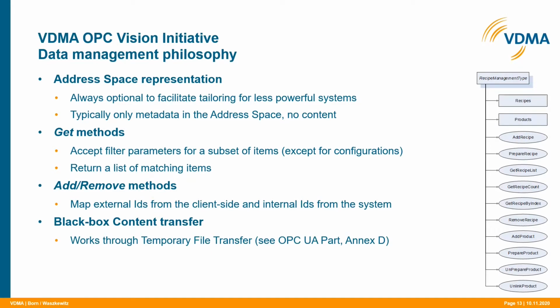So we can generalize our approach to the management of the various kinds of data in machine vision systems, and again we believe that this is quite a generic concept. First of all, data management is typically optional, to account for systems which do not have the capabilities or the necessity for this flexibility. Second, typically only metadata is standardized for representation in the address space, not content, as content will be frequently application-specific. Of course, in a narrow application domain, like code identification for example, result content could be standardized too. We always have GET methods to request lists of existing items according to filter criteria, and add-remove methods